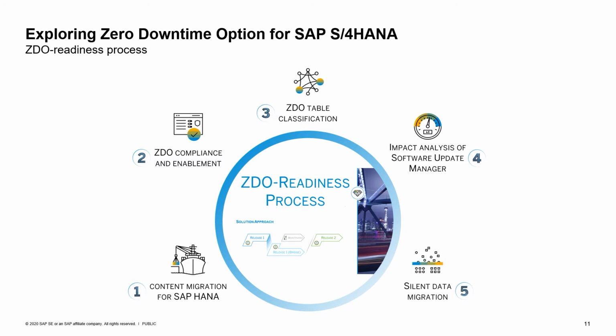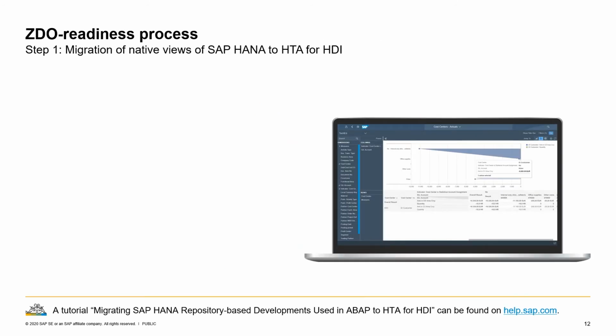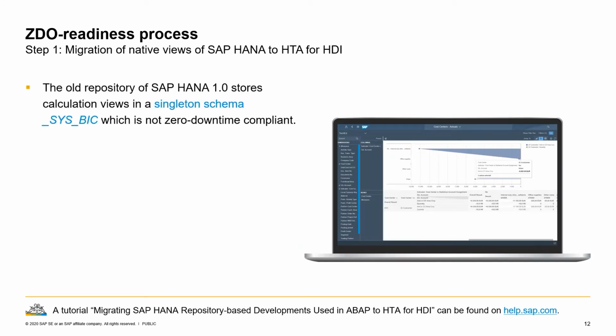After each upgrade, you have to consider that, starting with target releases 1909 and higher, site and data migration classes have to be triggered and executed before starting the next upgrade. So now let's take a look into every single step. Again, we're going to start with step number 1.